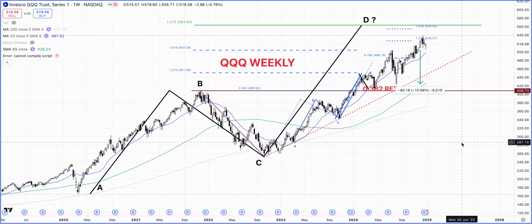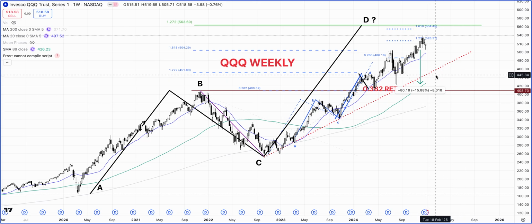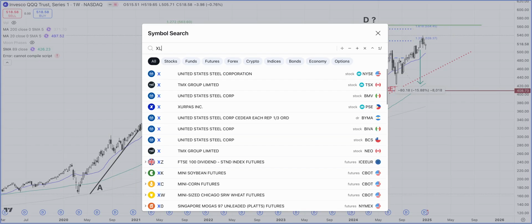Okay, now let's take a look at the... Yeah, one more thing I want to point out is this is the weekly chart. So we have had a positive close to the week. So the first week of the new year, positive close on the QQQ, and then let's take a look at